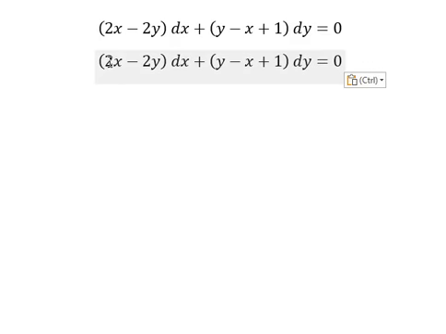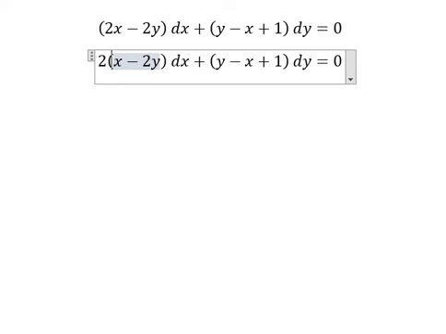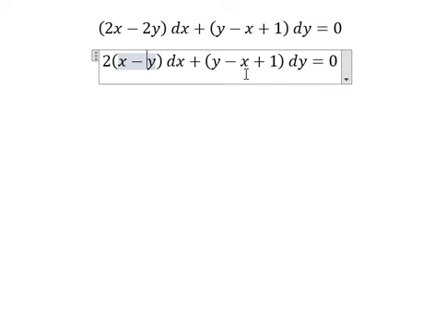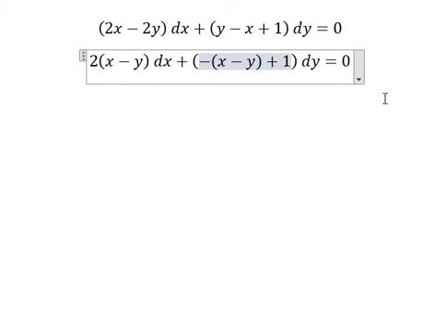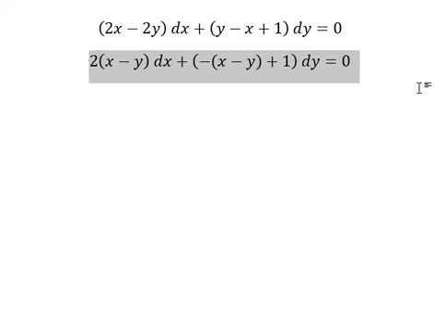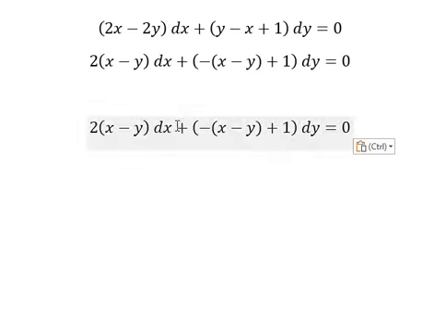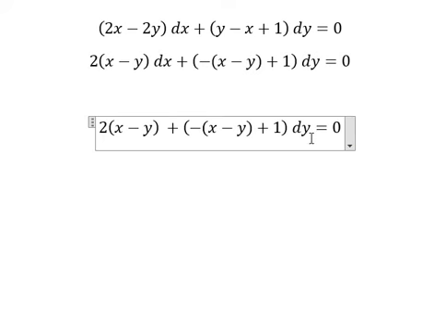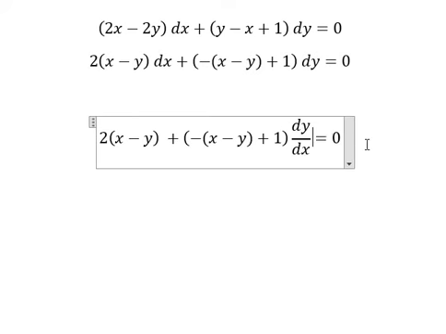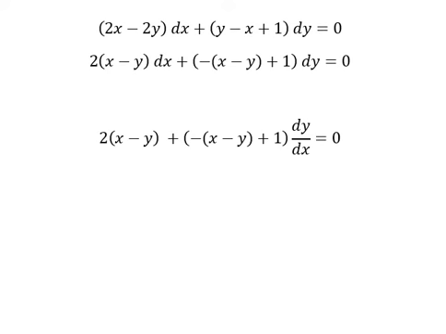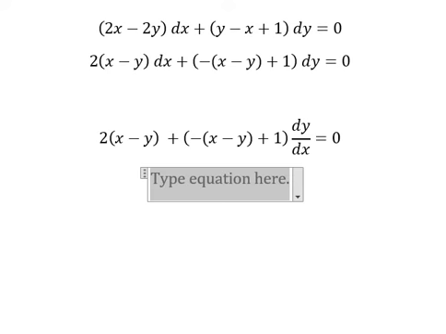So we have number 2 and number 2. We can do factorization. This one we can change into negative x minus y. Next, we divide both sides by dx. Next, we can use reduction